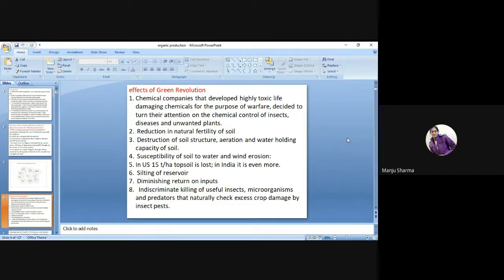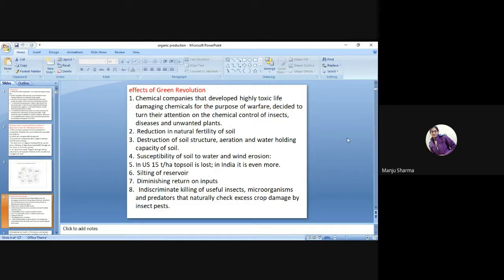Third is destruction of soil structure, aeration and holding capacity of soil, susceptibility of soil to water and wind erosion, as much as 15 tonnes per hectare of soil is lost. In India, it is even more. There is flooding of rivers and diminishing returns on inputs,